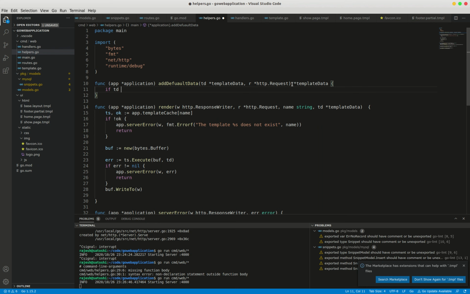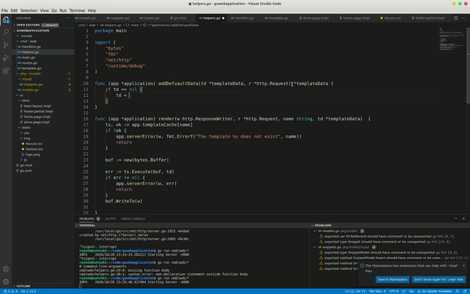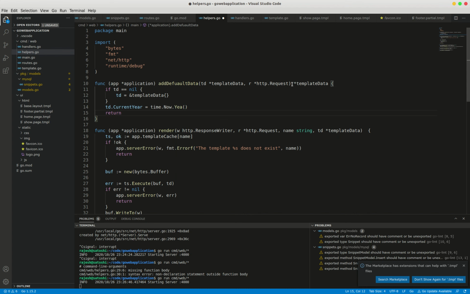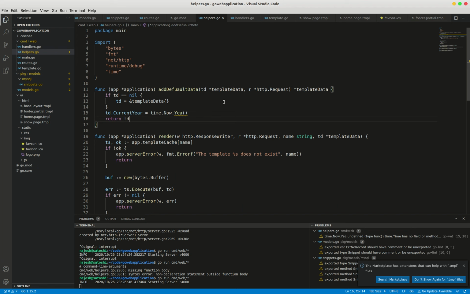Okay, if td equal to nil, then create a new template data. Now time.Now().Year() should be here, and return data. Okay, template data. It is the current year.